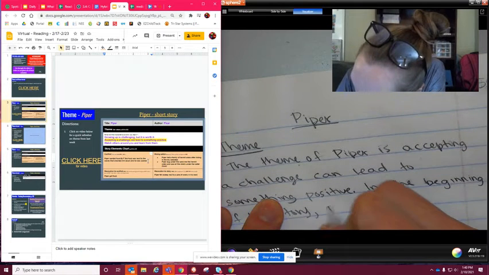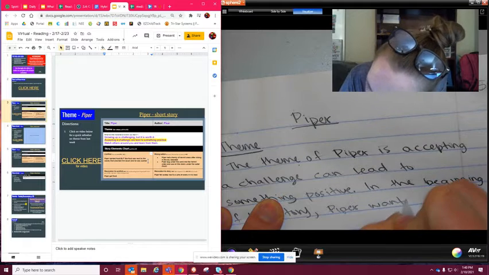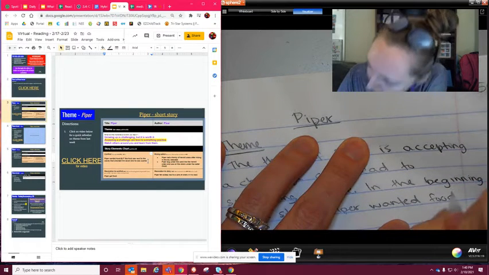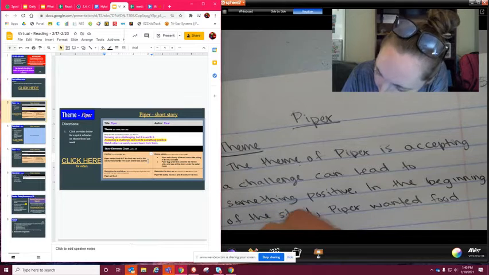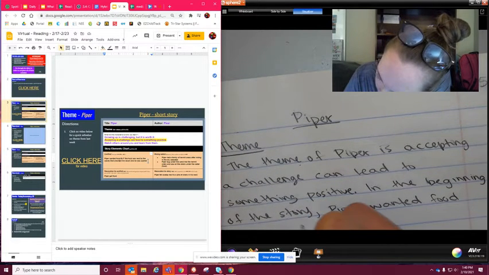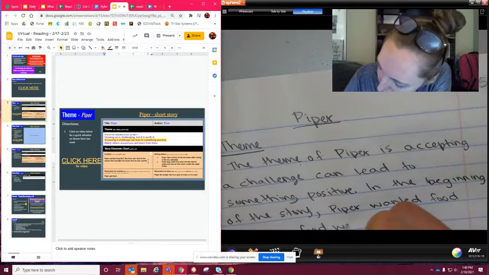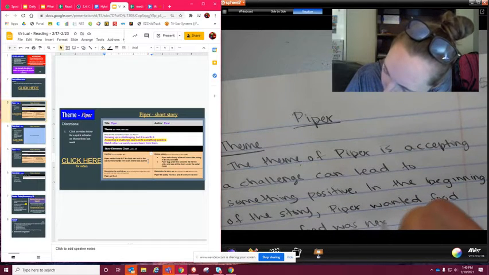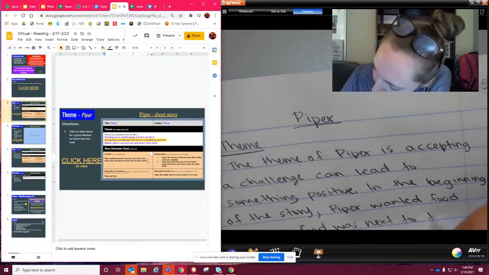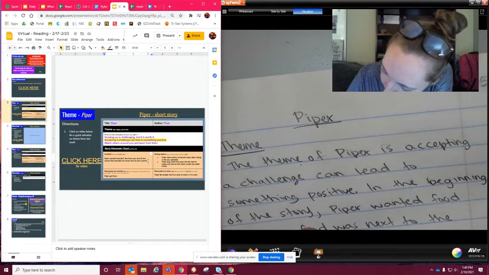Piper wanted food, but the food was next to the waves